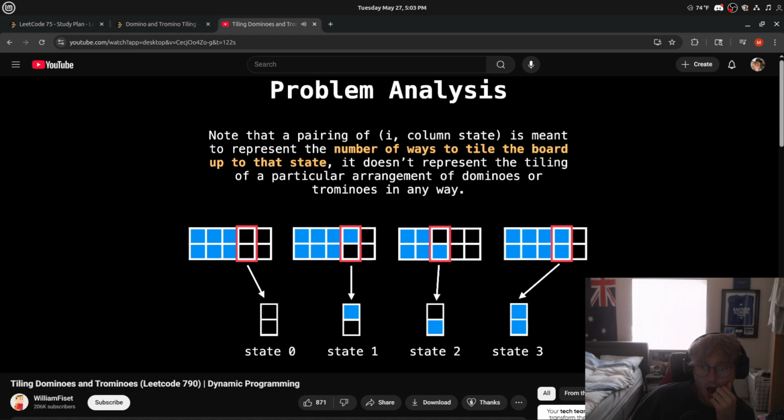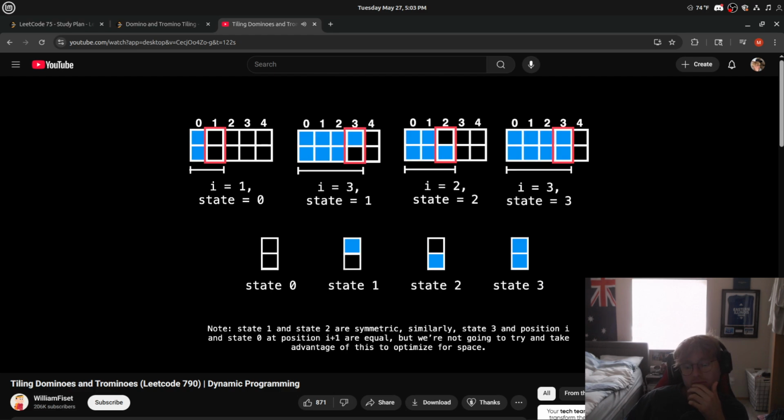This is contradictory to what you might think the drawings below are trying to imply. Remember that the goal is to count the total number of ways to tile the grid. Let's have a look at some examples of partial states. On the left is the partial state at I equals 1 with column state 0, meaning no tiles are filled in the current column. Beside this is the partial state with I equals 3 and the column state 1, since